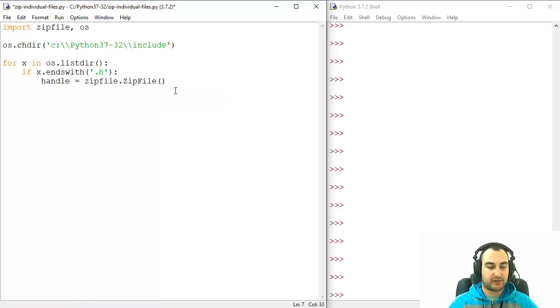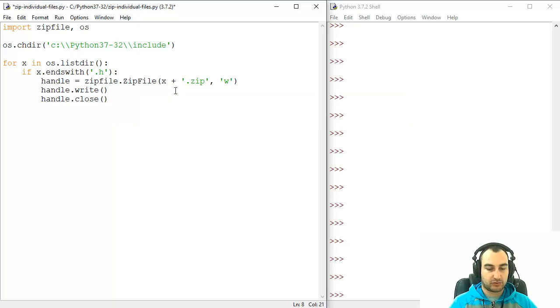And that will be two things. First, the name of the new zip file. So x plus .zip. So that's the one thing. Another thing is we need to say 'w' here because we are writing to it. So it's a similar operation to when you're messing around with textual files. You need to open it and close it. So handle.close, but in the meantime we need to do the actual writing to that blank, empty file. So handle.write,